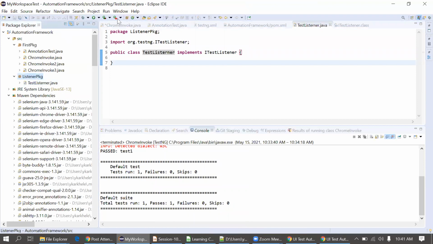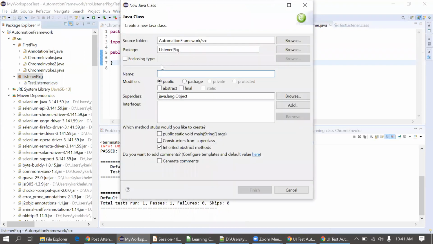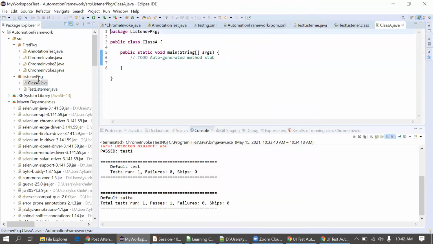So I'll create another example here. I'm creating an interface.